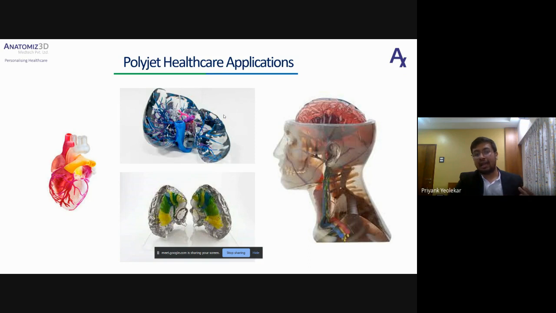You can have different properties of materials in the same part, and you don't have to do assembly of the parts. Let's say I have to print something in SLA which has a mandible and a mandible tumor, then the mandible you have to print in rigid material, and the tumor in soft material, and then you have to assemble it.